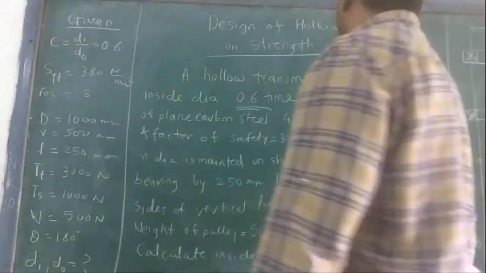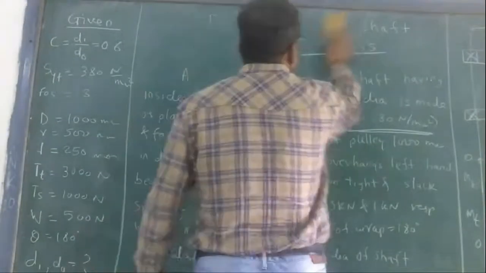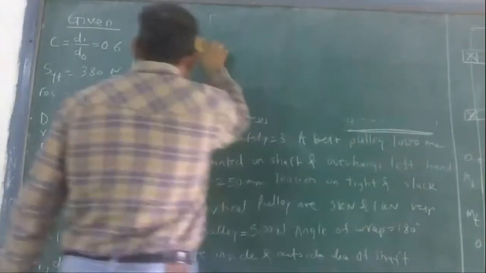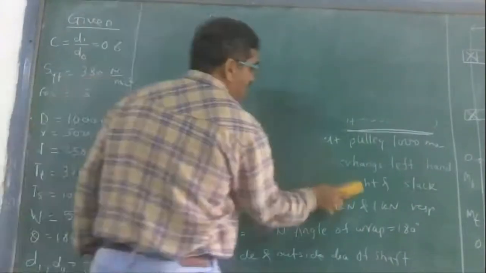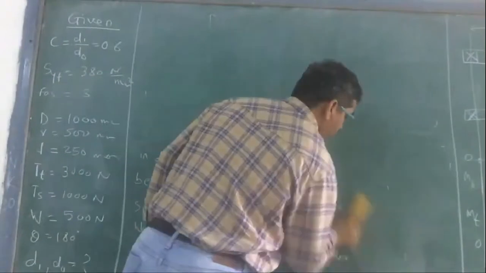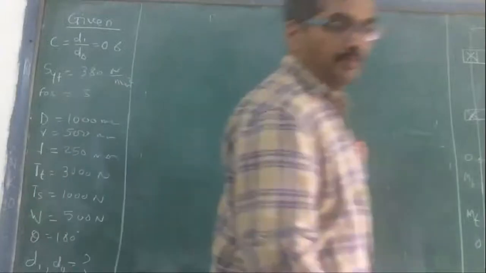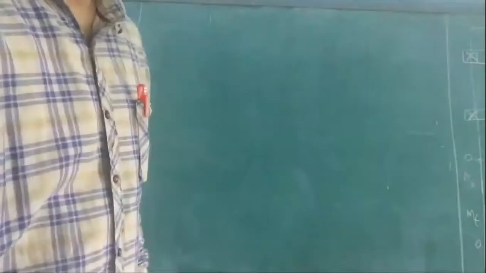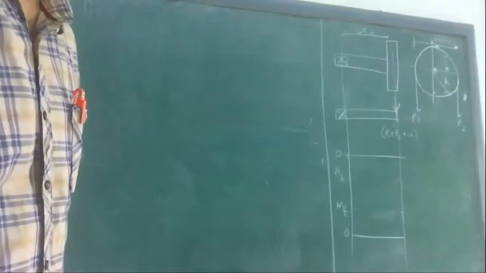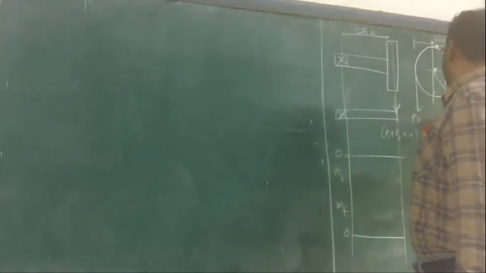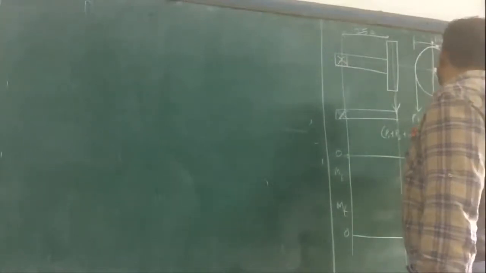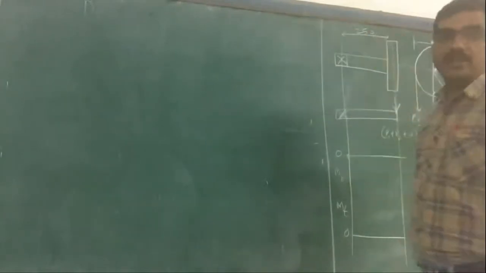Now, once we have read the statement of the problem, we did the analysis. We tried to analyze the statement and whatever is given. Now we try to solve the problem. Let's first draw the diagram. So this is the diagram, which I have drawn for the same problem. This is the pulley. The pulley has a tight side and a slack side. This is the radius of the pulley, and this is the 250 mm by which it is overhanging.